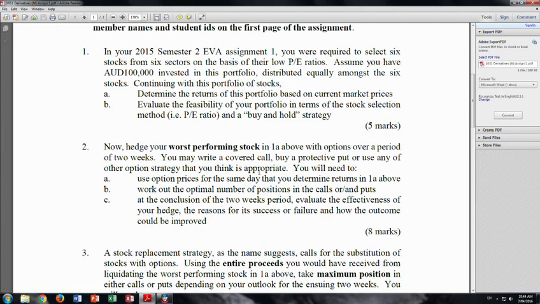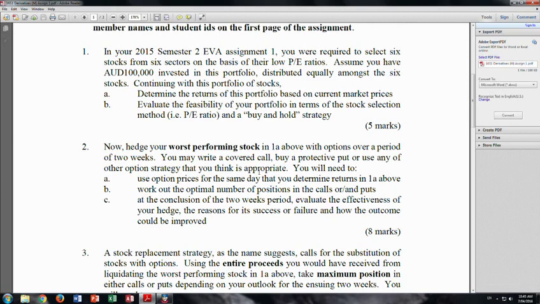And before you benchmark, of course, you need to think about whether you are calculating nominal return or real return. And part B is to evaluate the feasibility of your portfolio in terms of using PE ratio as a method for stock selection,